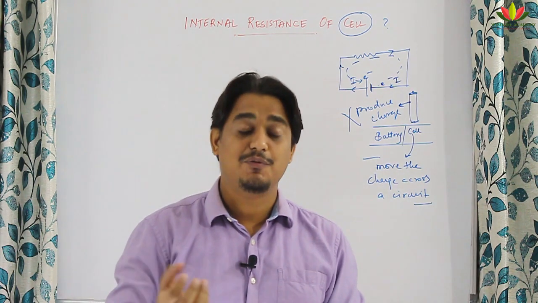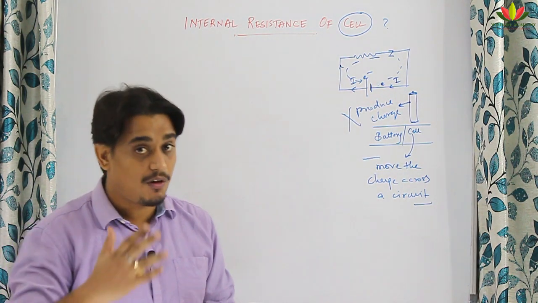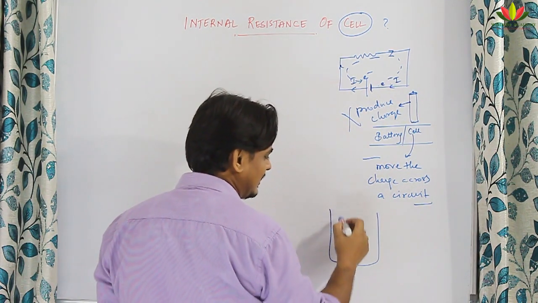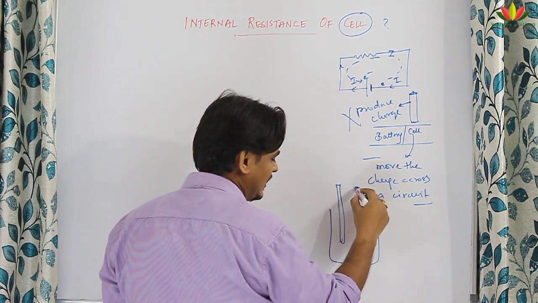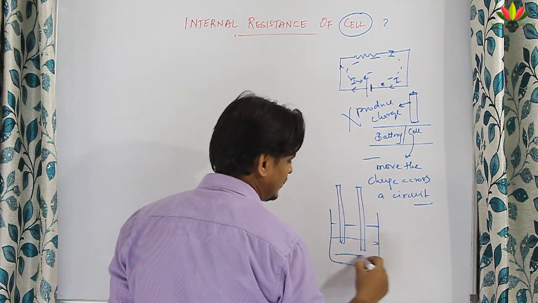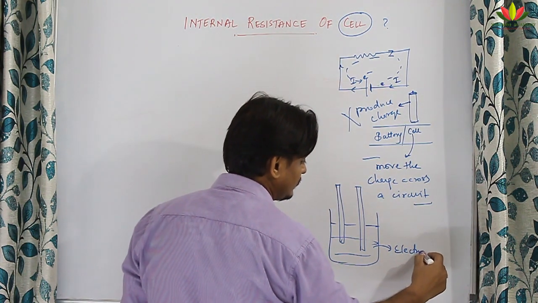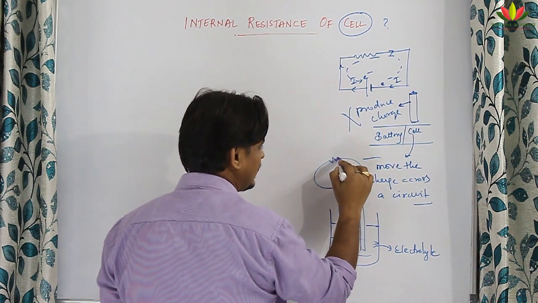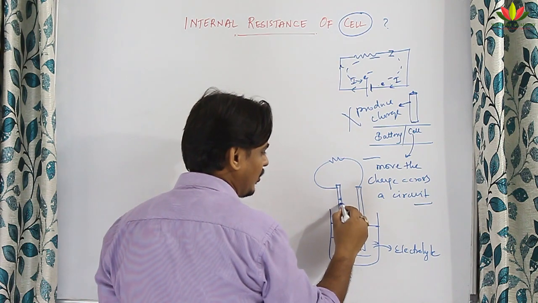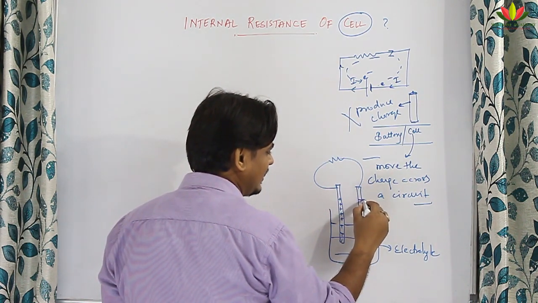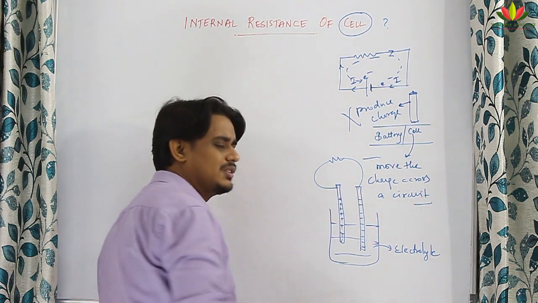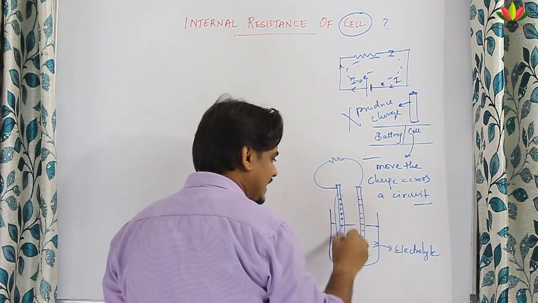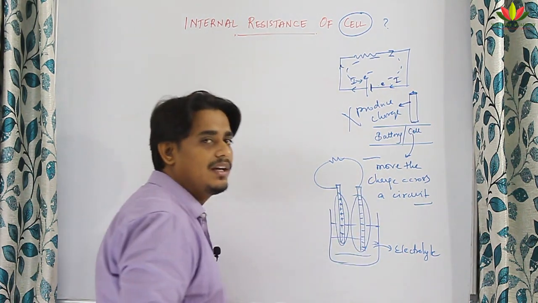If you learn deeper about the cell that you have already studied in chemistry, where you have learned about the electrochemical cell, there is an electrolyte in which the electrodes are dipped. Suppose this is the electrolyte and this is the circuit, I can put some resistance here if I want. There will be positive ion deposition, and on the other plate negative ion deposition, called cathode and anode. And we know that these ions or these charges will be moving.